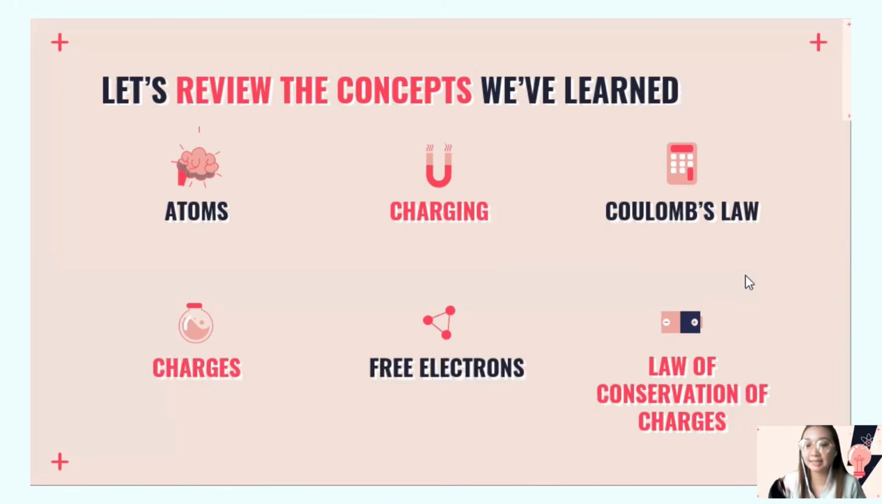So Coulomb's law states that there is a force, okay, force that can be created when we have interacting charges, which is equals to K times Q1 Q2 over R squared. Okay, so